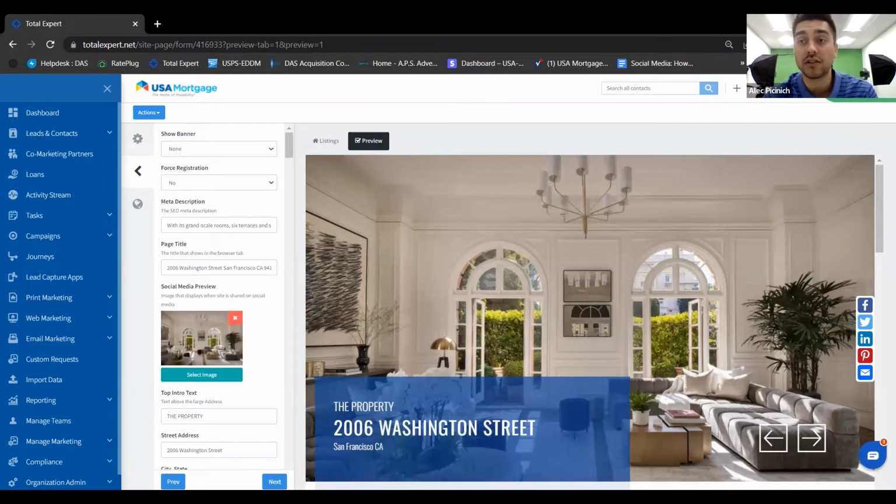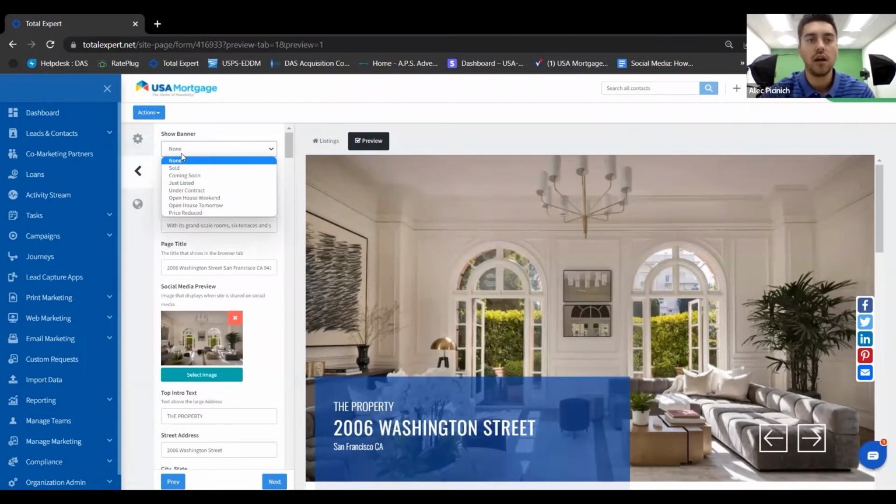And then from here, like I said, there's other opportunities to capture leads on this as well. So say before anyone sees this website, before anyone sees any pictures, I need to capture their information. If you set up a forced registration, what that is going to do is it's going to require anyone clicking on your link to view this website to fill in their name, phone number, email. And then once they do that, they're able to view the website. So it gives you that added opportunity to gain their information and then maybe put them on a drip campaign